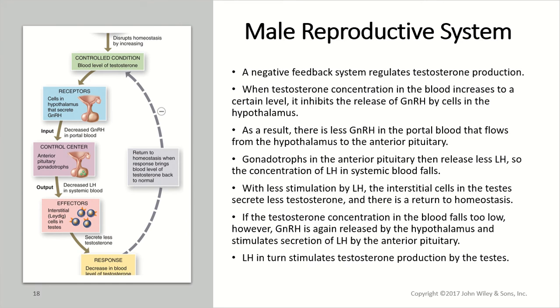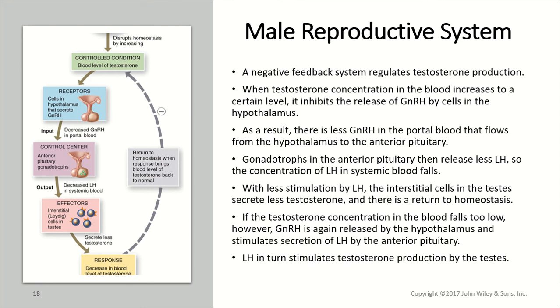So, as with most things in the body, there's going to be a negative feedback that's going to regulate testosterone production. Like we've mentioned before, negative feedback loops are the most common kind of feedback loop. So when testosterone concentrations in the blood increase past a certain level, it inhibits the release of gonadotropin-releasing hormone by cells in the hypothalamus. As a result, there's going to be less gonadotropin-releasing hormone in the portal blood that's flowing from the hypothalamus into the anterior